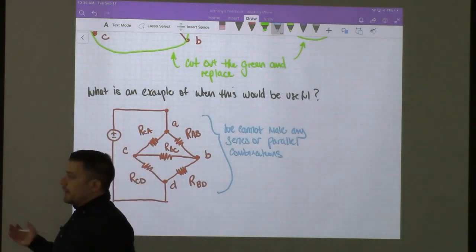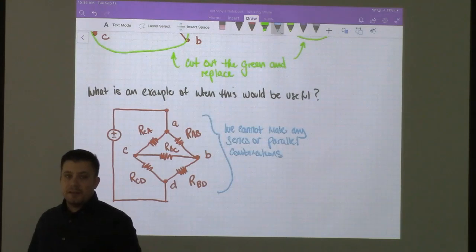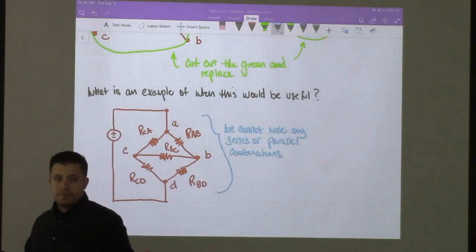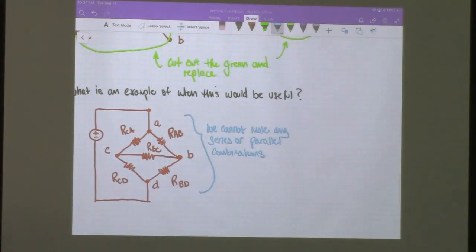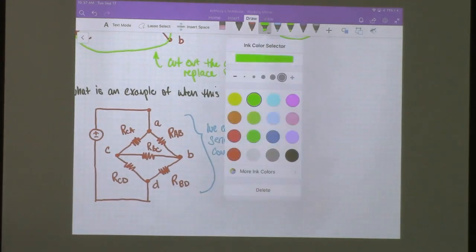Is there anything that's in parallel? Is there anything that's in series? Nope, nothing. But what if, and I'm not going to show the math of how to do it, just that it could be done,